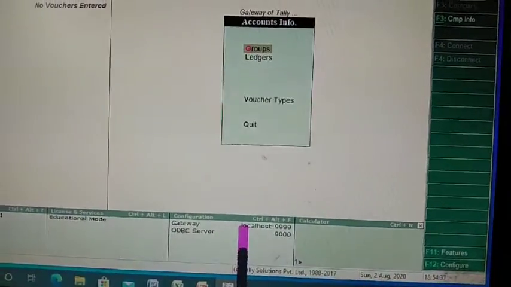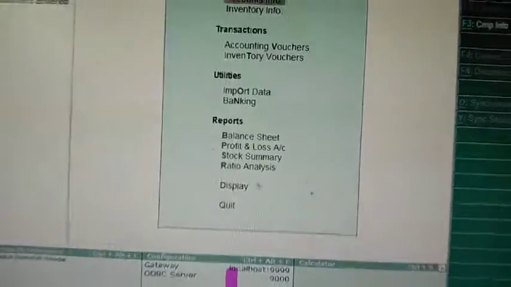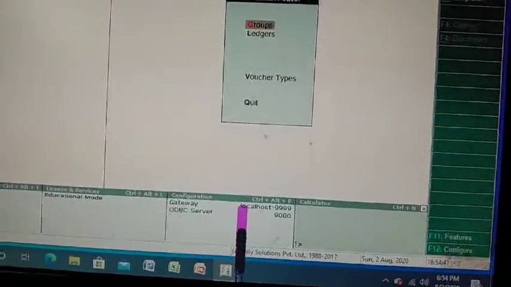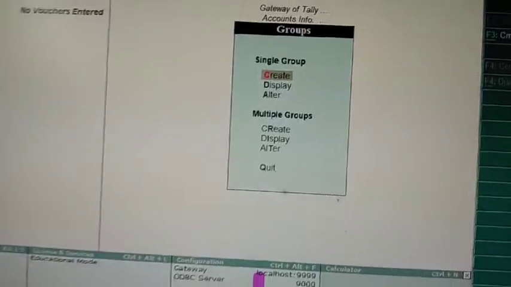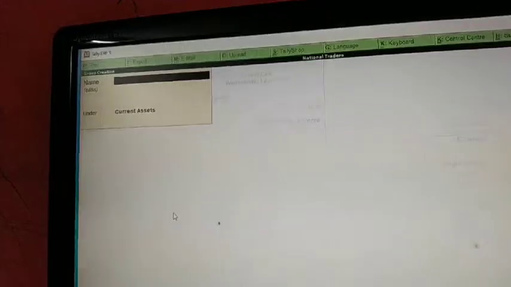What you have to do: go from Gateway of Tally to Accounts Info, Groups, and go to single group creation. First there is a group creation menu, and it will ask the name of a group.